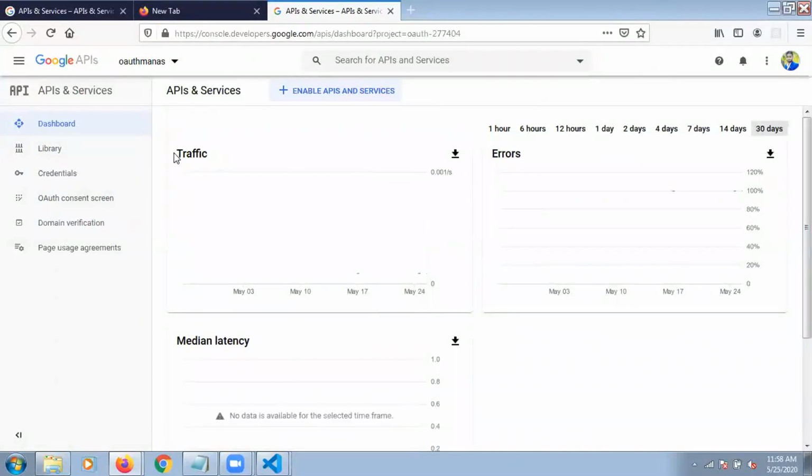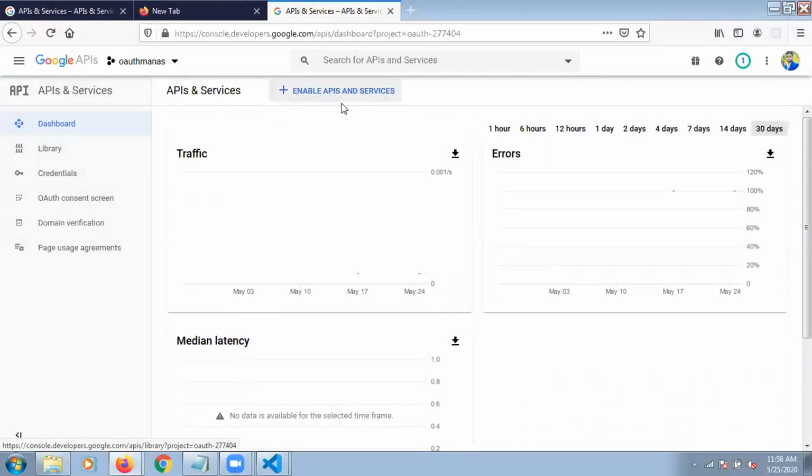This is the developer console, and inside it there is an API key which is provided by Google, and you have to use this API credential. So how can you create your API credential? Just follow me, you will definitely understand. On the homepage of this developer console, you can see I already created something, that's why it is showing the dashboard. If not, just log in to your Gmail account. After logging in, you will find a left sidebar with dashboard, library, credentials, and consent screen, and I will explain in detail how you can create your API key.